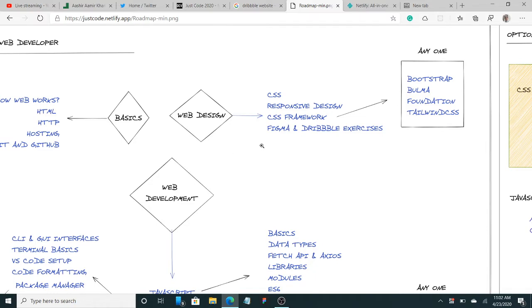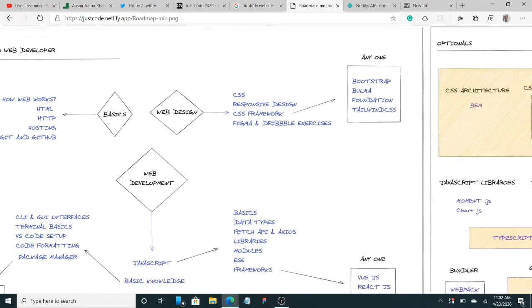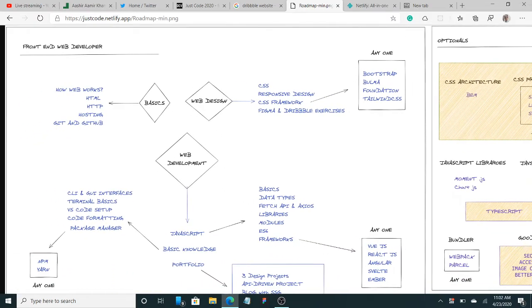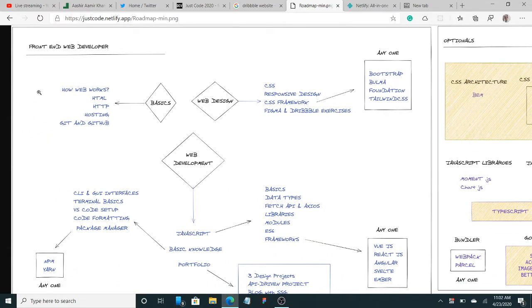I will teach you the basic Figma tool, and then we'll take 2 or 3 exercises from Dribbble and create them with Tailwind CSS. Okay, looks good. This is basically 10 or 15 days. This will make you a web designer and you can design anything from Dribbble.